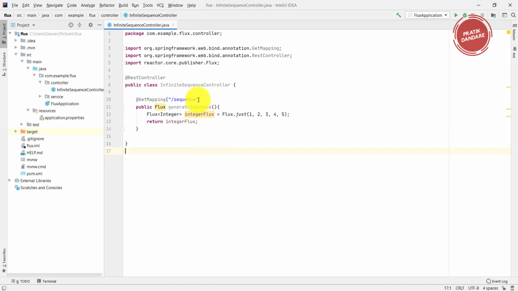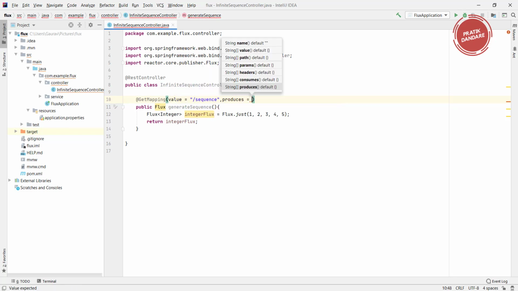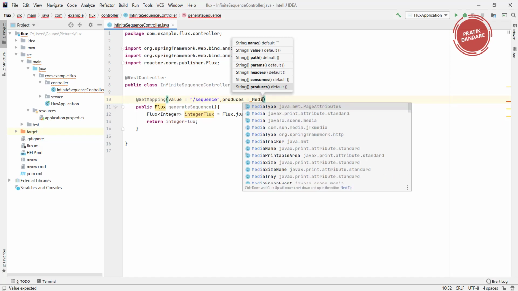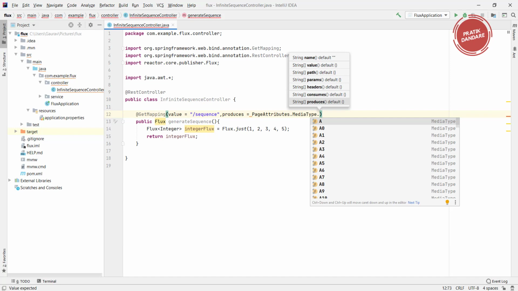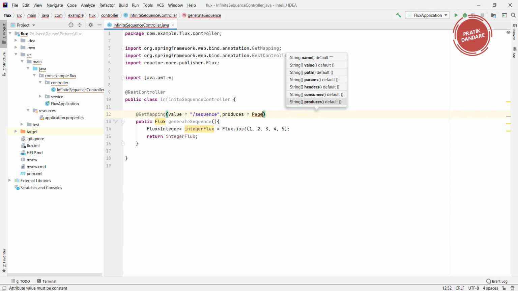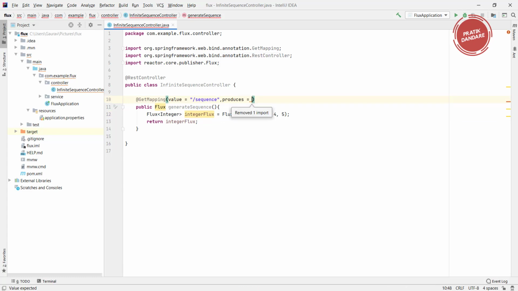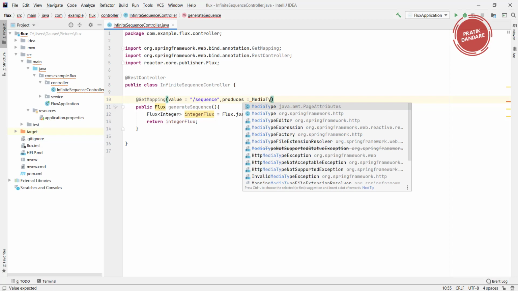Now we need to make a slight modification here. I am using produces, my bad. What is it going to produce? It is going to produce a JSON stream. It's not a page attribute, it's MediaType, so I need to use the HTTP package.